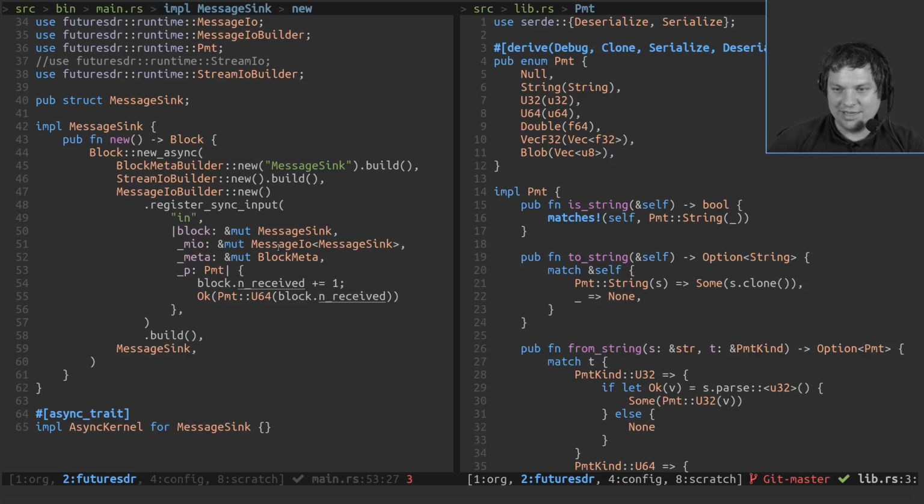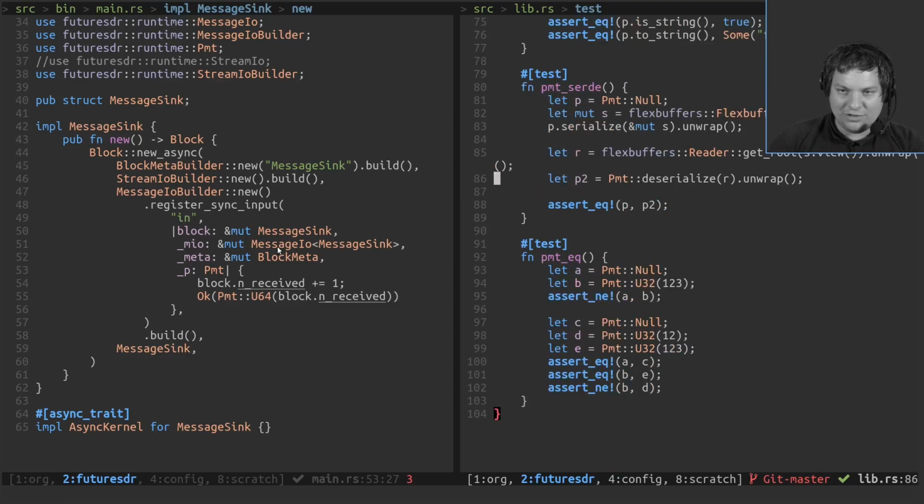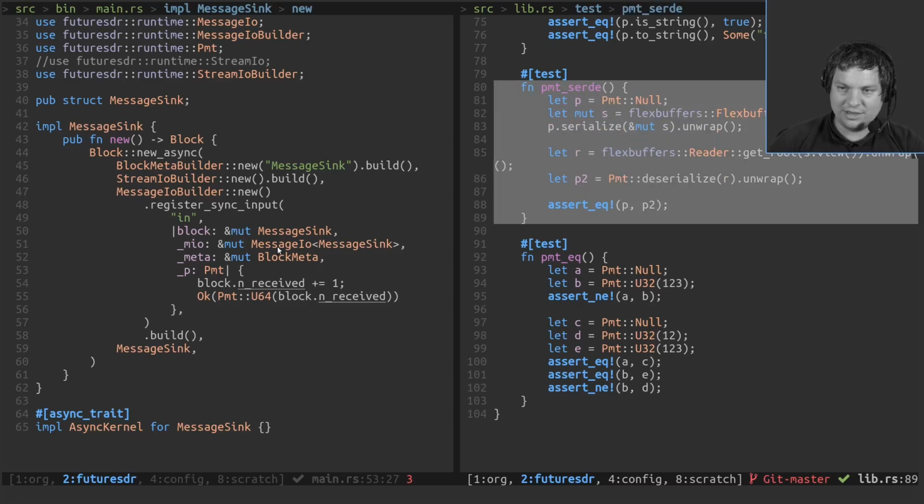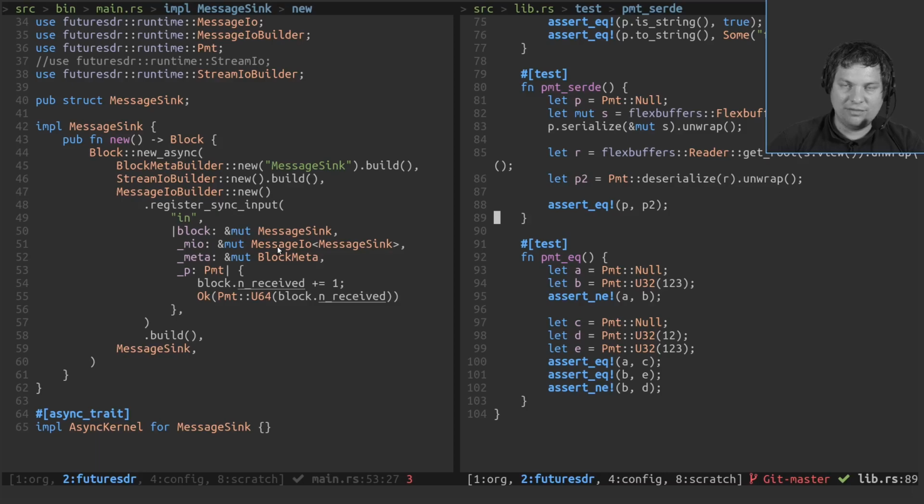I have just a proof of concept, a unit test where it's serialized and deserialized in FlexBuffers. For this REST API that I mentioned before, I heavily serialize and deserialize JSON, as you might imagine. So that all works out of the box without me doing anything.